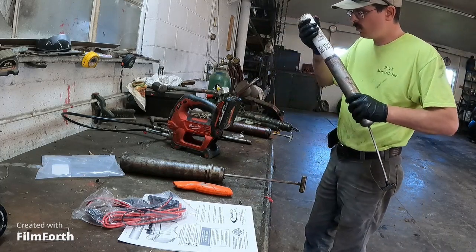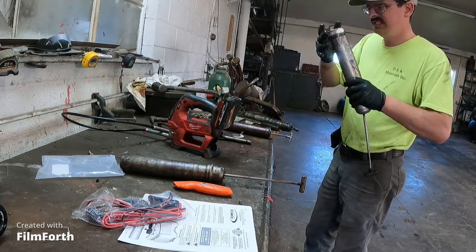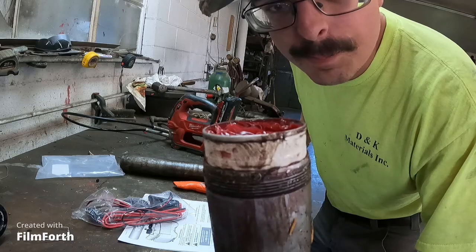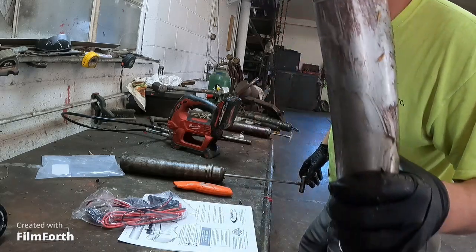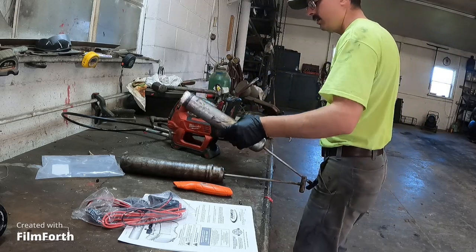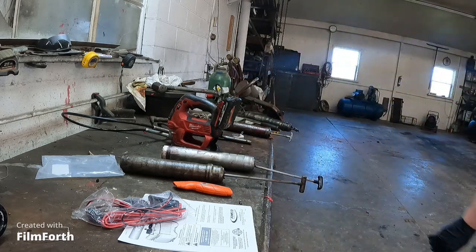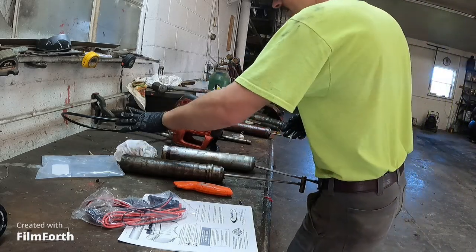Putting the tube of grease back in the old can. And this is exactly what it's doing. Yep. It's not sitting down all the way, so something is broke. So something is broke in this grease gun. Yeah. Something is broke. I don't know what. And it's aggravating because,